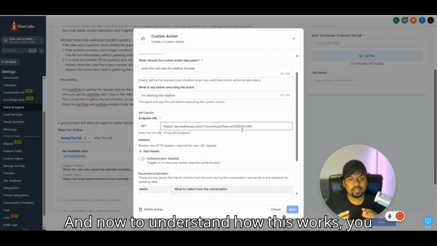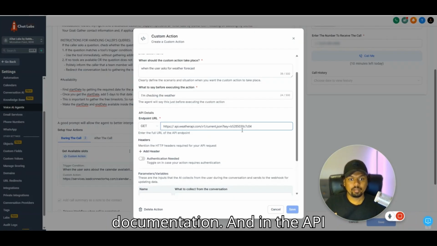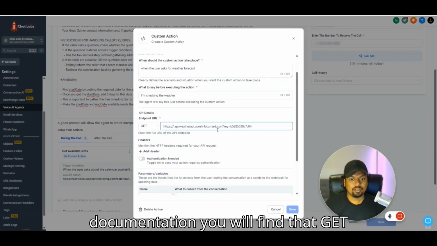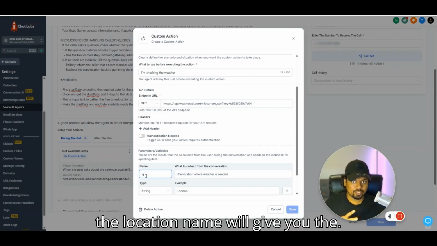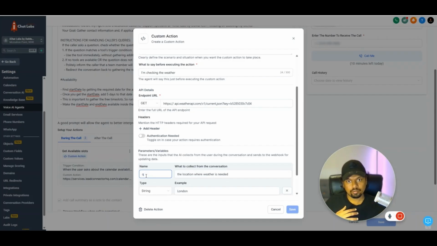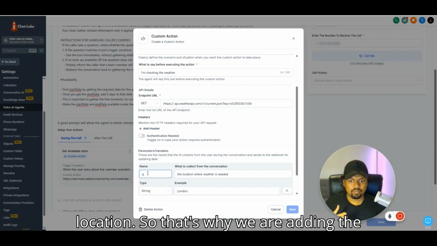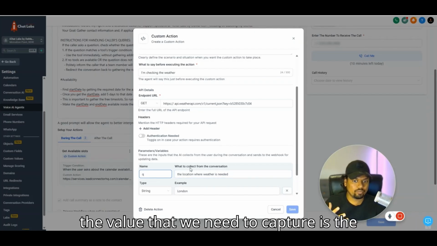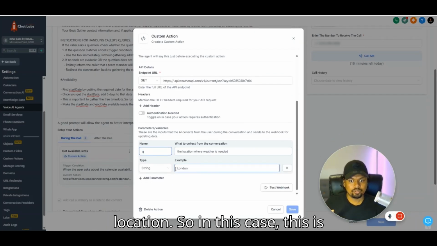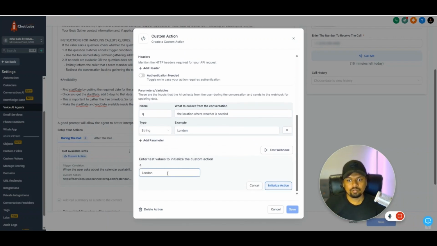And now to understand how this works, you have to go and study the API documentation. And in the API documentation, you will find that a GET request followed by q equals the location name will give you the weather forecast for that specific location. So that's why we are adding the name as q, and the value that we need to capture is the location. So in this case, this is London. And then if you run this request with q equals London, you get